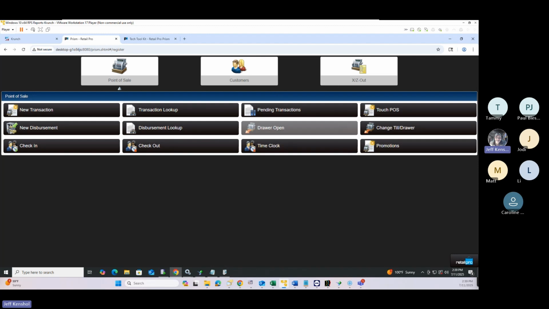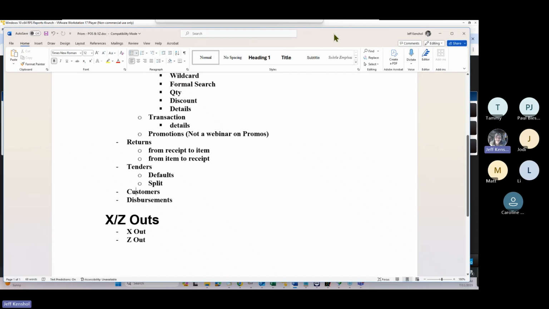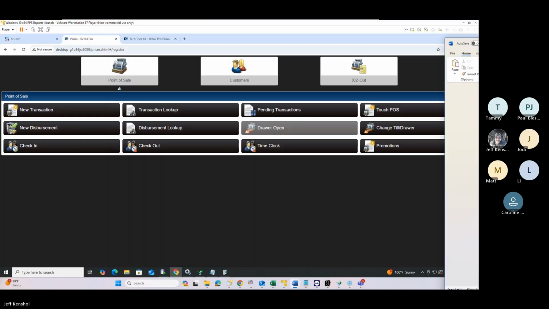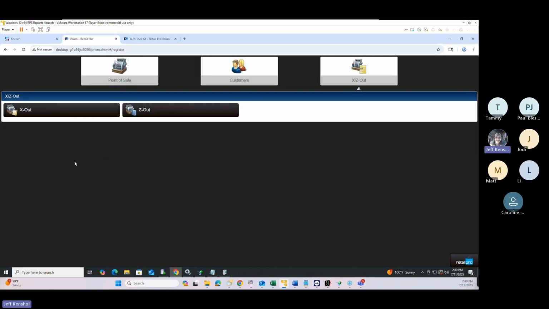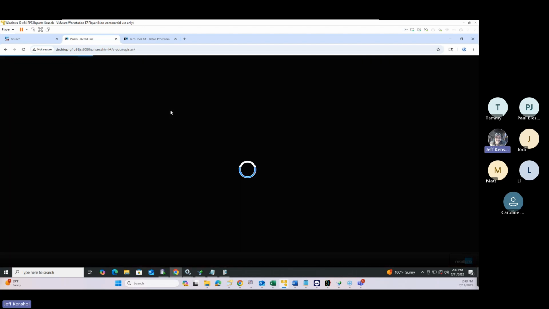All right, so then that brings us down to the ever popular, truly exciting X/Z out, right? And everybody knows the difference between an X and a Z, right? An X is a tool, a Z is a reconciliation open-close procedure, right? So I can run an X for any time period I want. I can run an X for a day, a week, a year, right? A Z out, on the other hand, is a process, right? So if I have this drawer open, I click on Z outs,